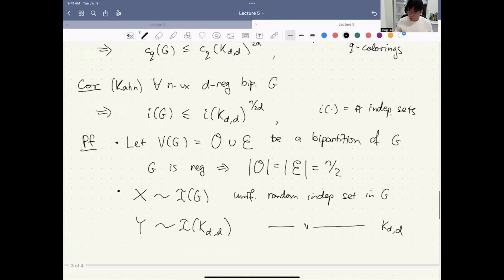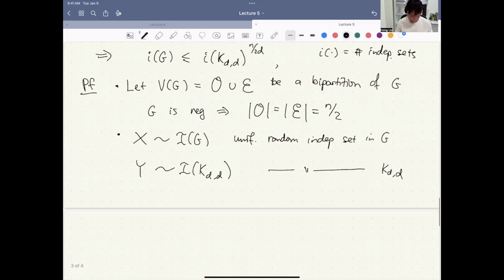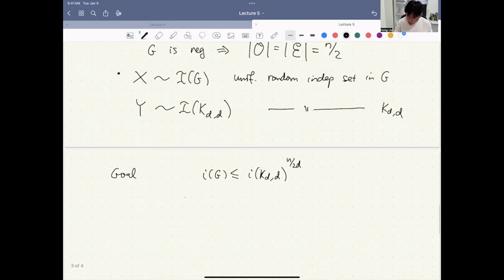What do we need to prove? We need to prove this thing, right? So let's derive. Our goal is I of G at most I of KDD to the n over 2D. Let's take log on both sides. This is the same as log of I of G is at most n over 2D times log of I of KDD. Okay,